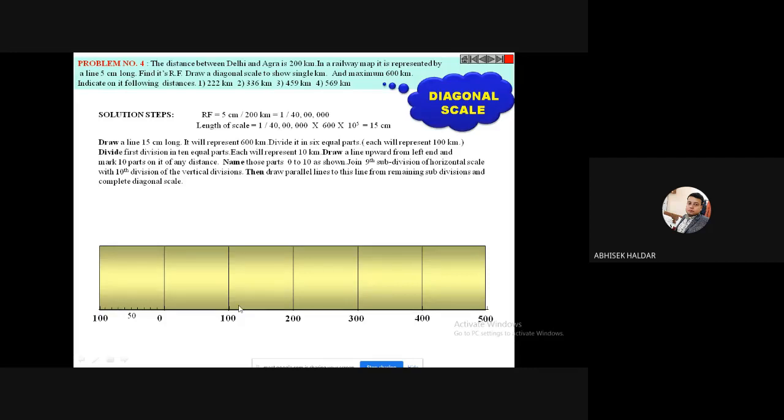I have to go to the right from the 0. So from the 0, if I go to this point, I will get 200 kilometers. If I want to show 20 kilometers, in which direction do I have to go? From 0 I have to go to the left. The first point will give me 10 kilometers, the second point will give me 20 kilometers. So this length, from this point to this point, is giving me 220 kilometers. That is a problem of a plane scale.